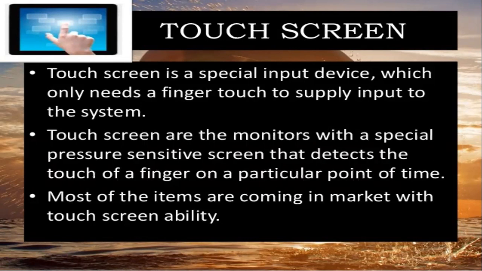Suppose you want to open any app in your mobile. Nowadays, to open your phone also, we don't even need a pin number. With the help of your thumb print, or with the help of your finger, with the help of the touch, we can open your screen. The same way, for the system or for the mobile or anywhere, we are giving the information to the particular machine or device with the help of a touch. So this is called a touch screen.